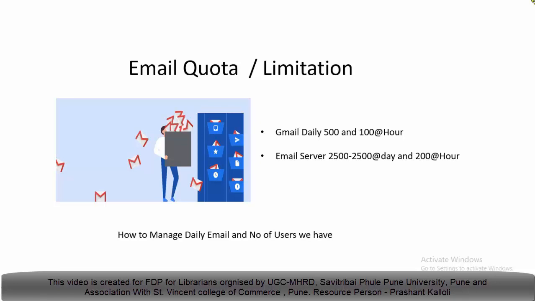Various email server providers allow up to 2500 mails per day and 200 mails per hour. That may be a subscription service. If you have a Google G Suite account, then you can send 1500 mails daily. So if you have a G Suite account, you can opt for this service too. Ask your institution if they have taken a G Suite account, then you can use that account in your applications and send mails to students regularly.